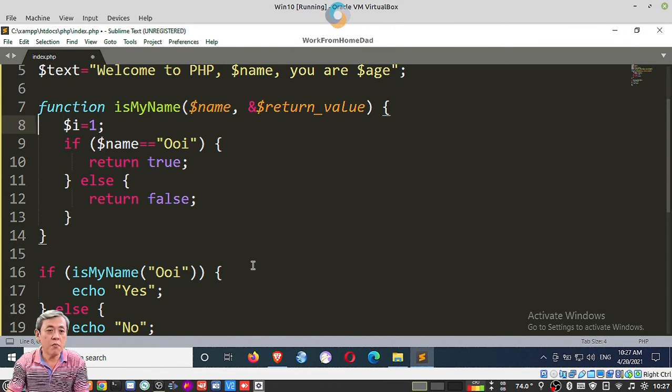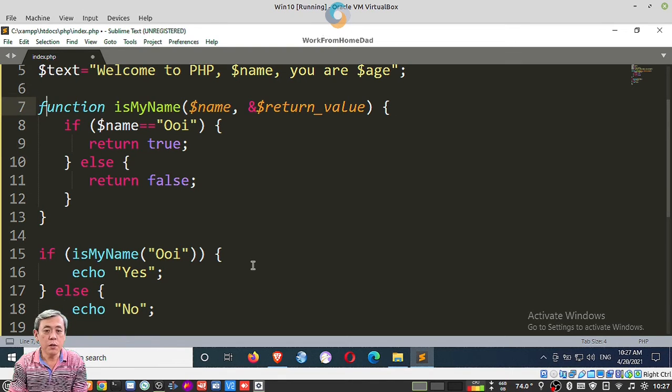So same for the parameter. If you didn't put this signal, this character, then it won't copy the value back to the variable that is outside of the function. So for this one, the name is only used inside the function. So what I'm doing is to tell the PHP to copy it back. So whenever